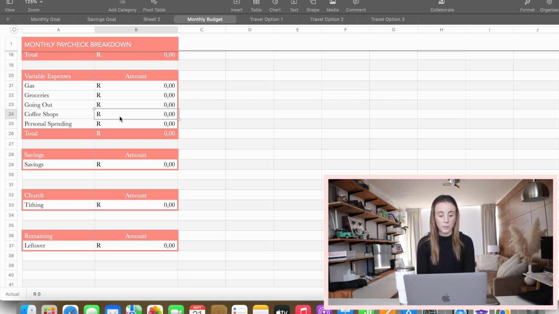Then I have personal spending, and those are the random things, like if I need some toiletries for myself, or a clothing piece or some makeup or something like that that I need for the month. Obviously that doesn't happen every month. So sometimes there is money that goes towards that, but sometimes there are months that I don't need any makeup, don't buy any clothes, none of that kind of stuff. So then I don't really spend on that.